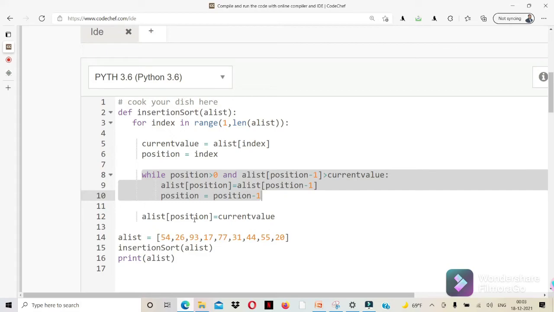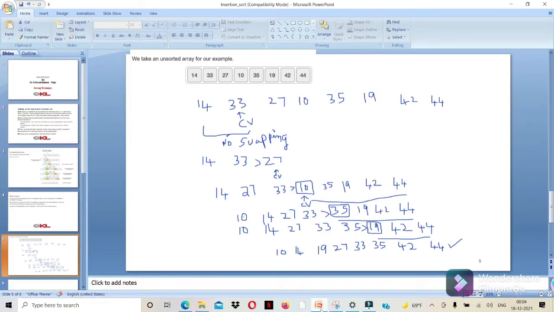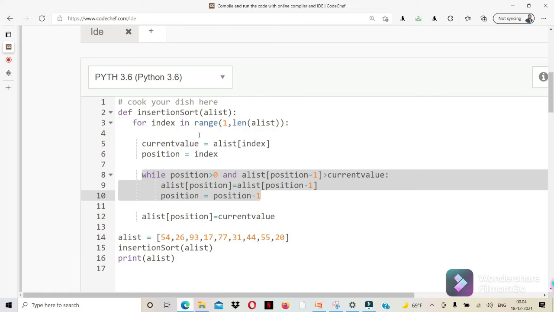Okay, and if you see one more iteration, to understand it I am explaining in detail. So next iteration, I is 3: 0 1 2 3, I is 3. Now we analyze the code: the fourth element here is 10. So the position 3 is greater than 0.